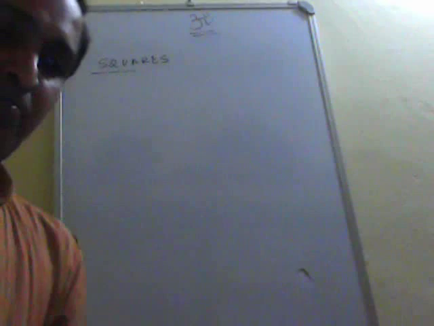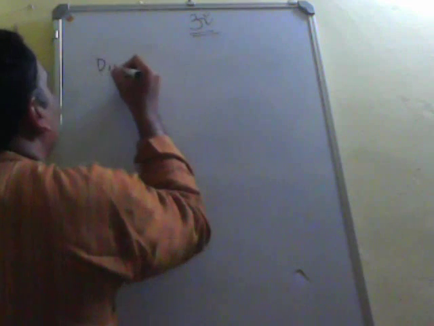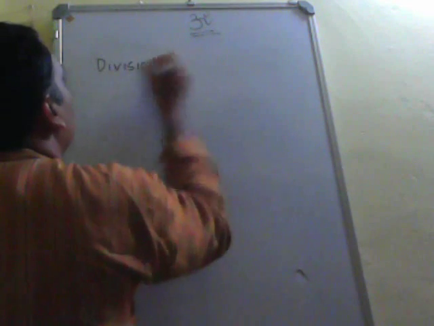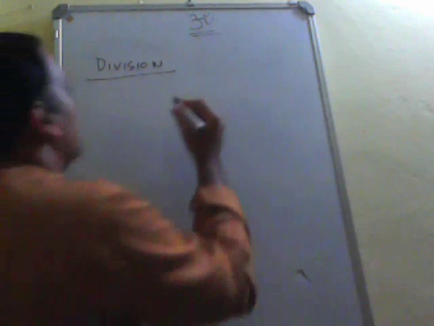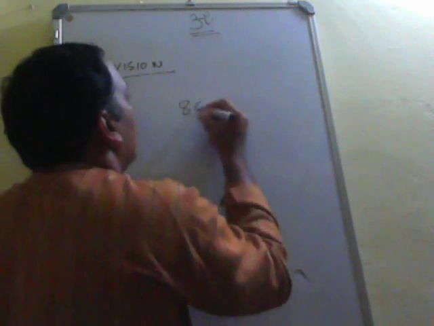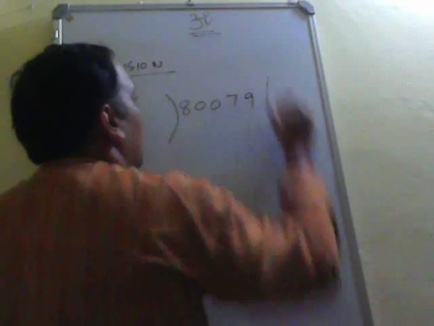Now we will do division. Okay, division is in a way very easy. Also, you have to listen a little, it is a little tricky also. Okay, let us try this one. 8079 divided by